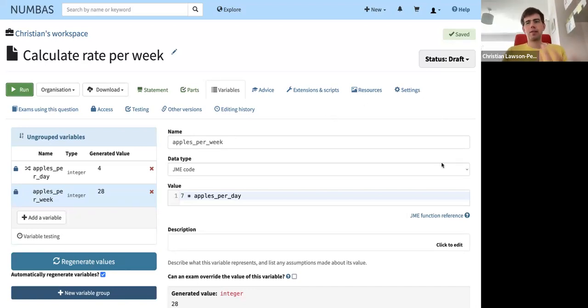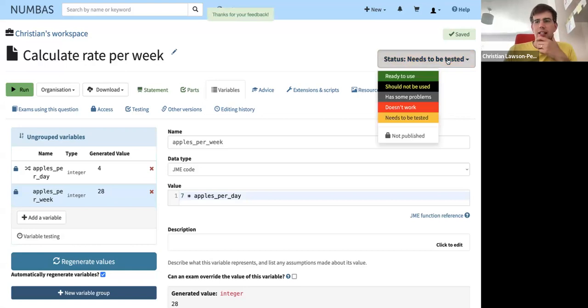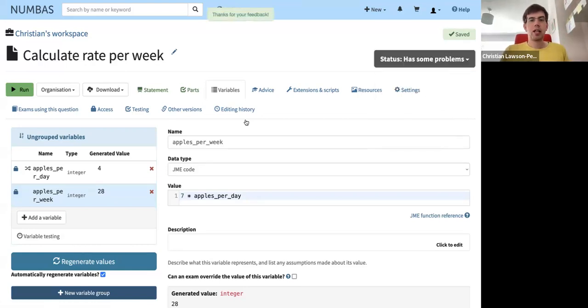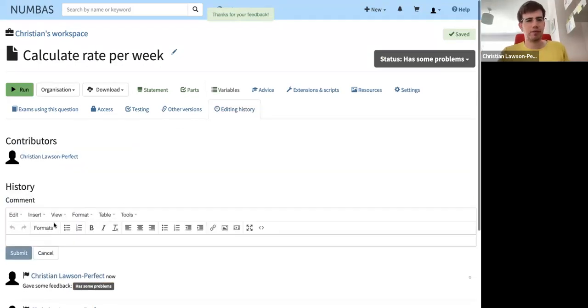What might I do if I'm happy with this question and it's finished? I would pass it on to someone else who would check it over for me. Within Numbas, there are tools for managing that proofreading and checking step. Up at the top, there's a status button where I can say, once I've checked a question, that it needs to be tested. Someone else will come in and maybe say, oh, this has some problems, you have to go and fix them. We can have a discussion in the editing history tab. So if I've found a problem,